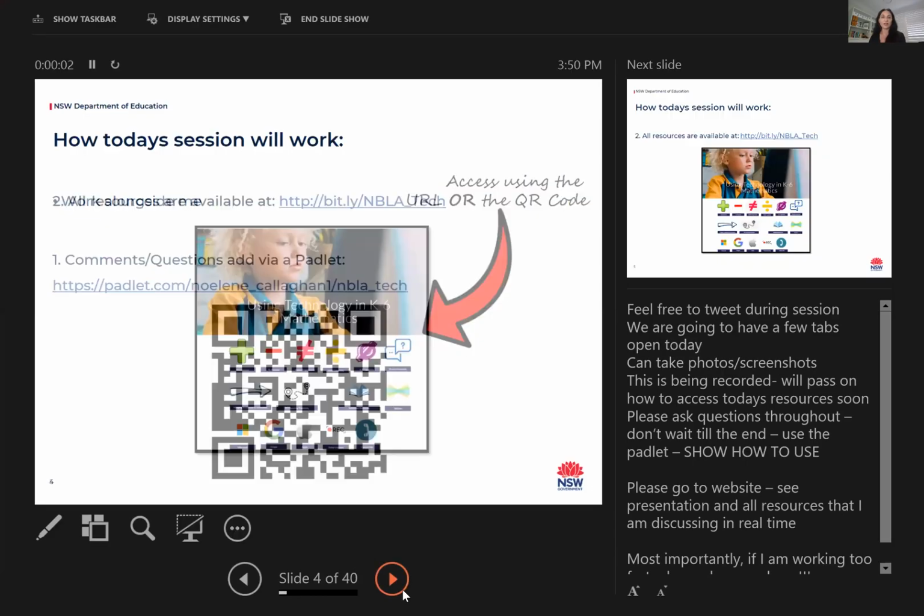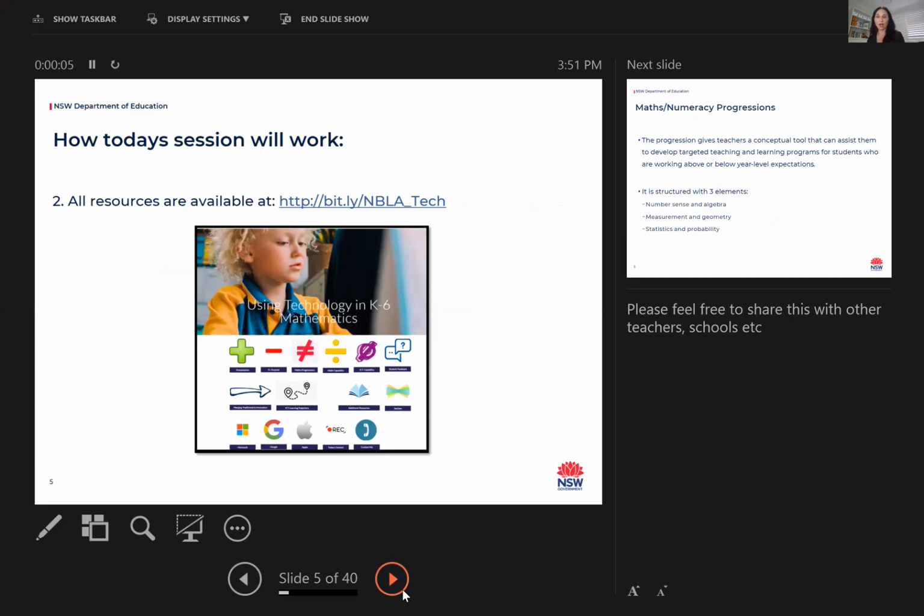The other resource that I'm going to use, and I've created this for you, is a resource that you can go back to at any time. It's a Google site. It's nothing special, but it has all of your resources on there. If you type in bit.ly/NBLA_tech, it is case sensitive, so please ensure that you write those correctly. I do believe that Catherine has sent this link already. So if I click on that link,